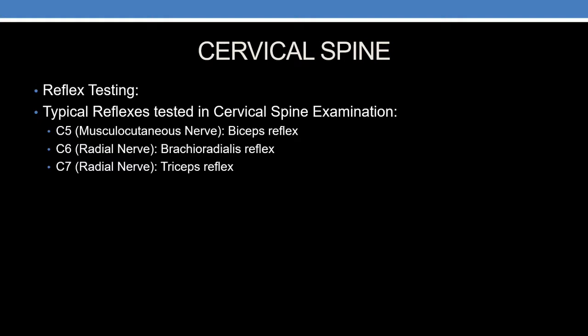Okay, now with the cervical spine, the typical reflexes that we test are going to involve the C5 biceps reflex, the C6 brachioradialis reflex, and the C7 triceps reflex. And I want to give you some idea now as to what it means when you have normal active reflexes. As I said earlier, reflex testing is one of our few and only truly objective tests that we have